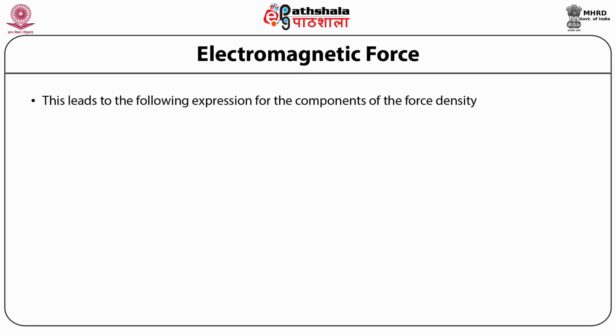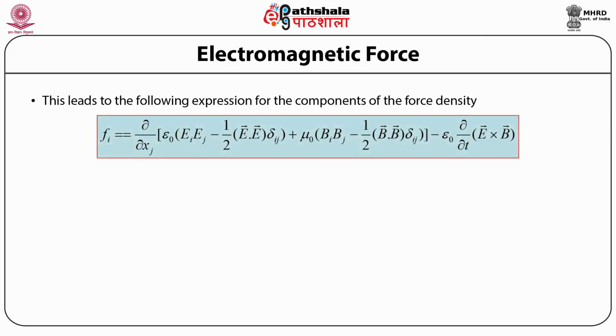So doing this substitution, we can then rewrite the relation for the force density as: the ith component of the force density F_i is given by the partial derivative with respect to the jth component of the position x_j of [epsilon naught times (the ith component of the electric field times the jth component of the electric field minus half times the dot product of the electric field with itself times delta_ij)